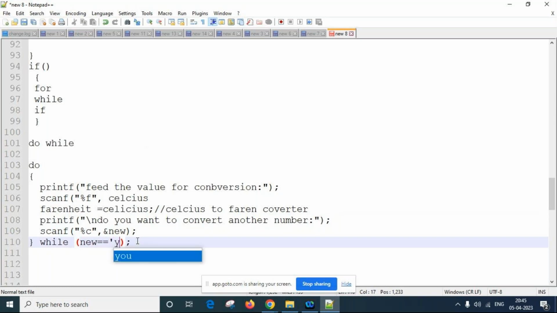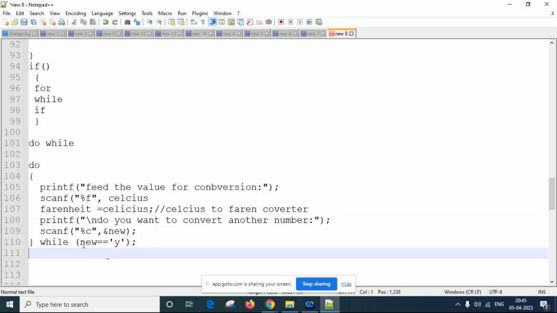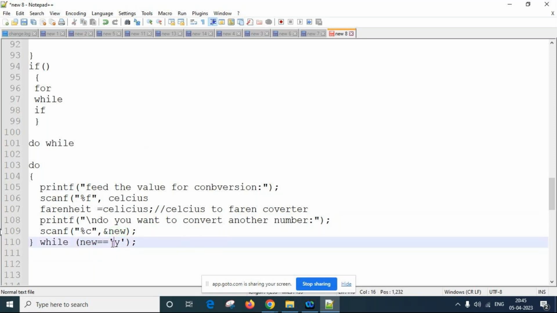This is a comparison symbol, the not equal to symbol. If we use double equal to, that is comparison, whether the left hand side and right hand side variable values are same, then this will return a non-zero value.